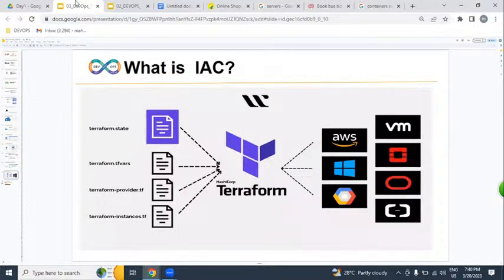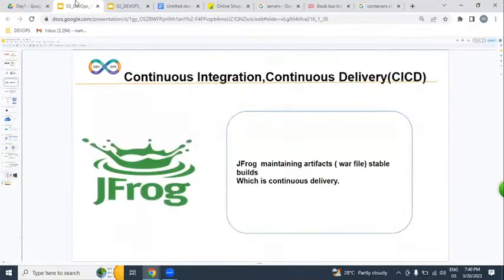And Terraform. Terraform is a cross-cloud platform. With the help of Terraform, we can create a service in Azure or in AWS or Google. It is a cross-cloud platform. We can interact with any cloud, not only Azure. So with the help of all these tools,